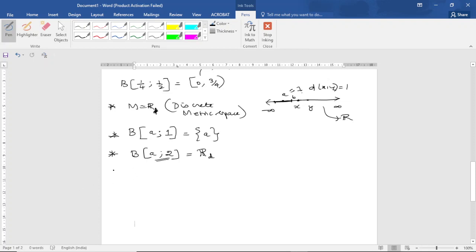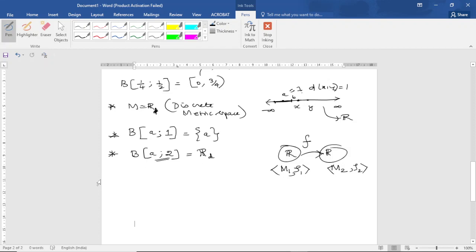Now we are going to define a continuous function on a metric space. Previously we discussed a function f which is continuous from the real line to the real line. Now we are going to change this to a more general space. M1 is one space, M2 is another space. Space means there should be a metric. In M1 we measure the distance between any 2 elements by the metric rho 1, and in M2 the distance between any 2 elements is measured by rho 2. So M1 is a metric space, M2 is another metric space. Now we are going to define what is a continuous function on metric spaces.